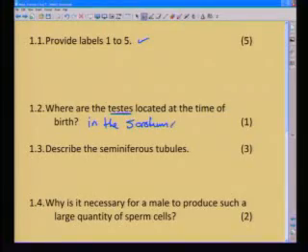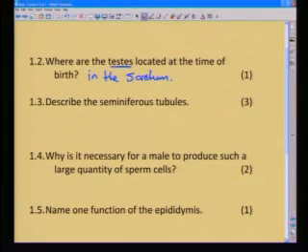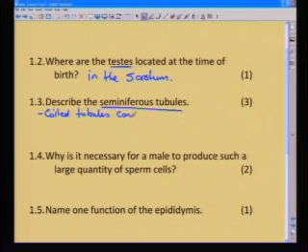All right, describe the seminiferous tubules. Now, the seminiferous tubules, remember, we've gone through. And if we have to describe the seminiferous tubules, this is what you will write. We'll say that they are coiled, always coiled tubules, which means you have an increased surface area. They are coiled tubules containing